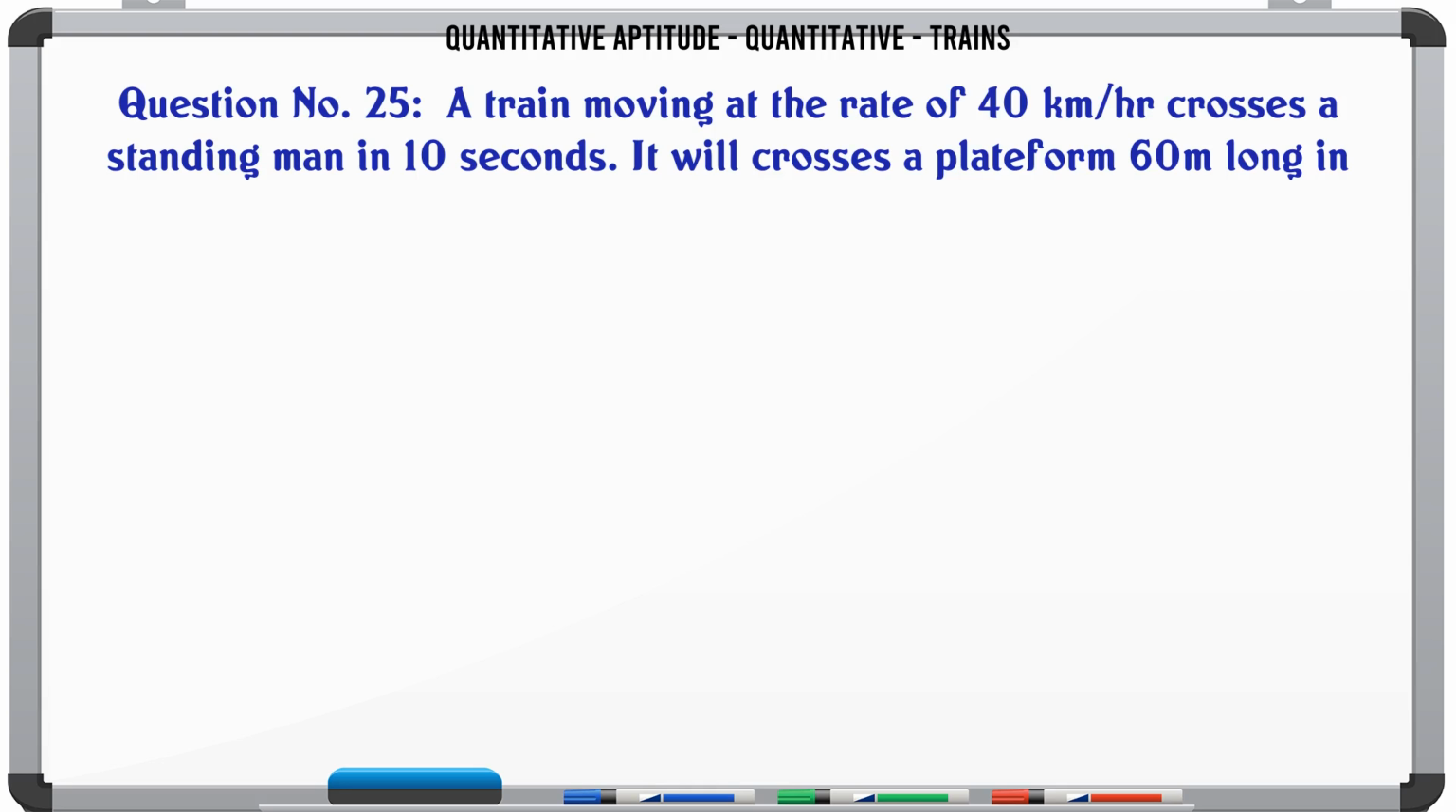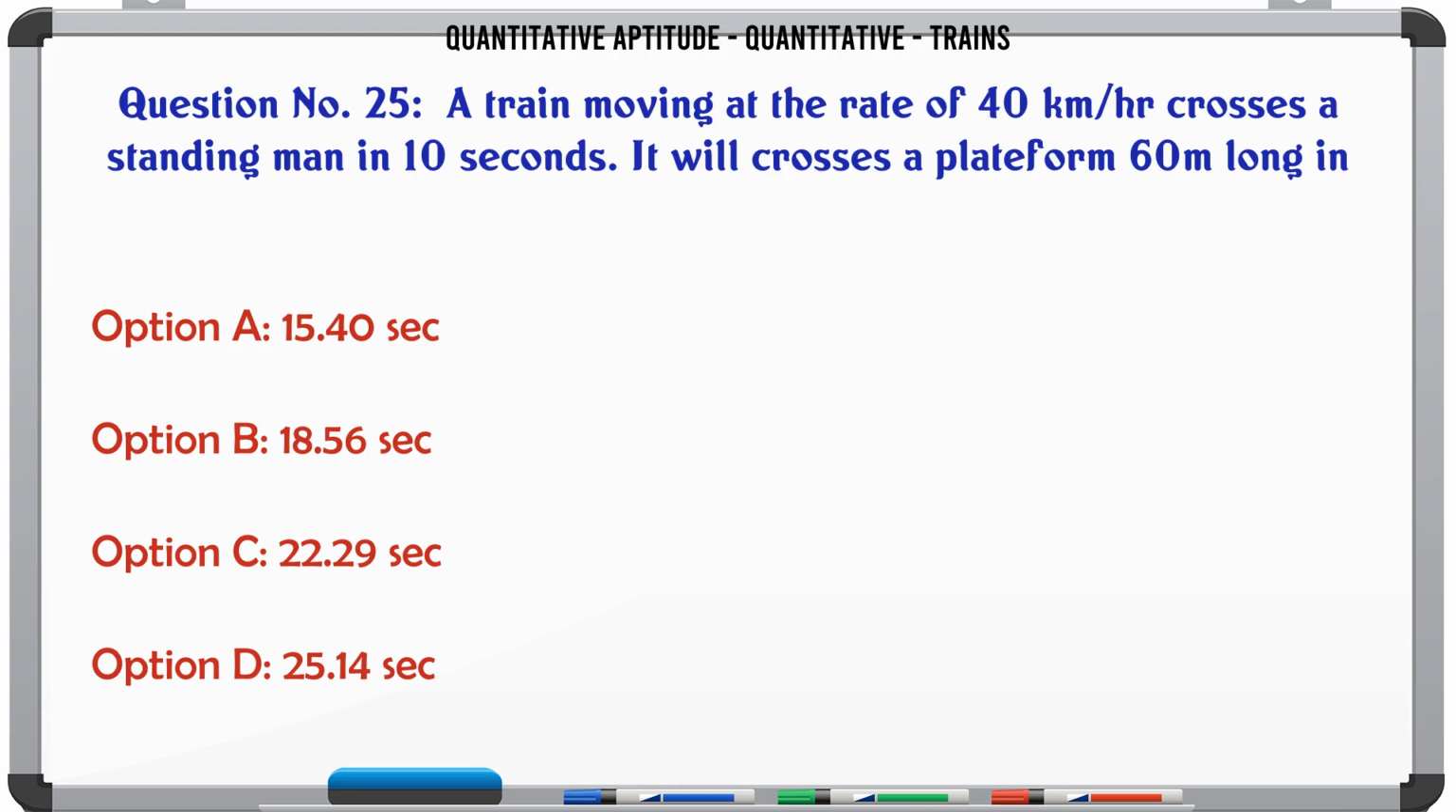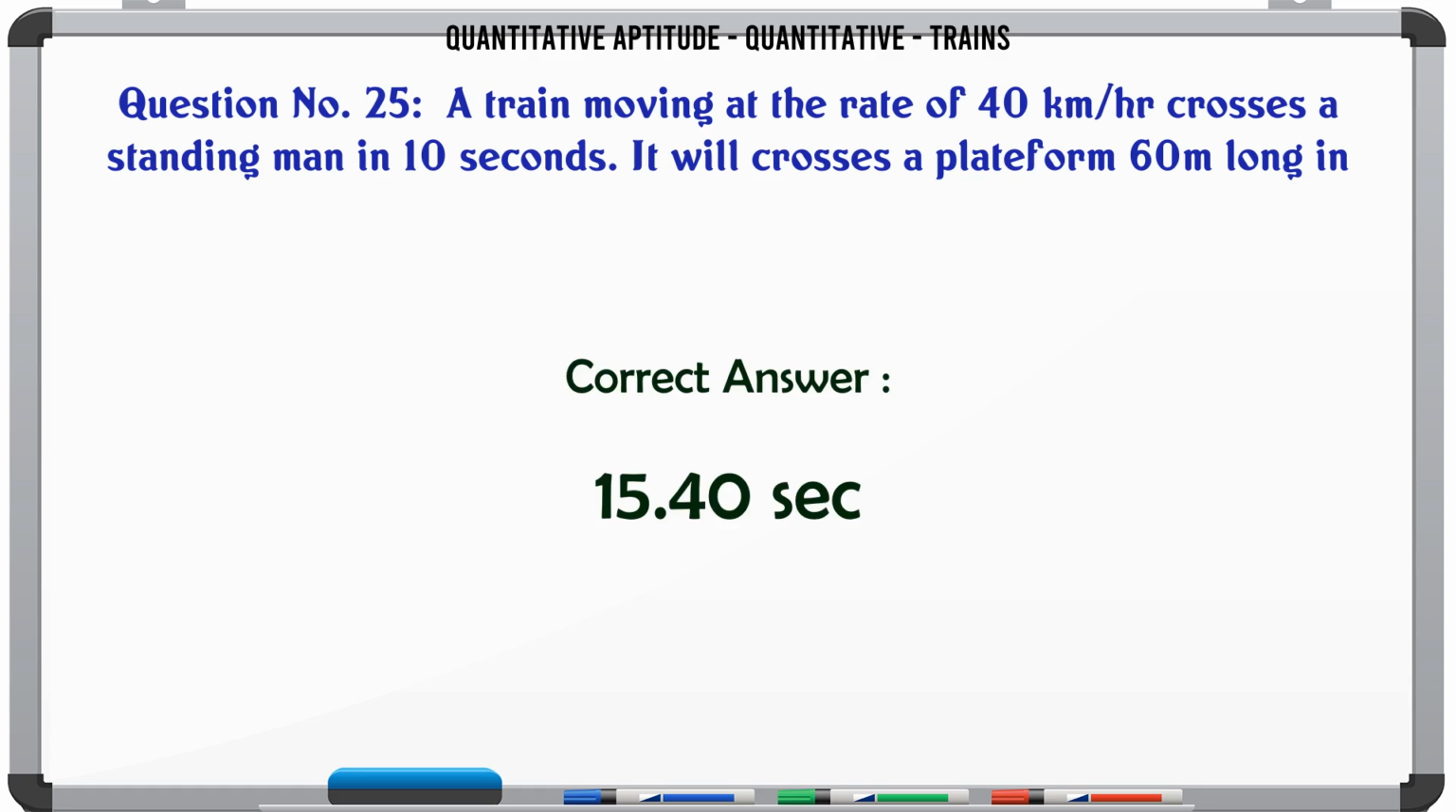A train moving at the rate of 40 km/h crosses a standing man in 10 seconds. It will cross a platform 60 m long in A 15.40 sec. B 18.56 sec. C 22.29 sec. D 25.14 sec. The correct answer is